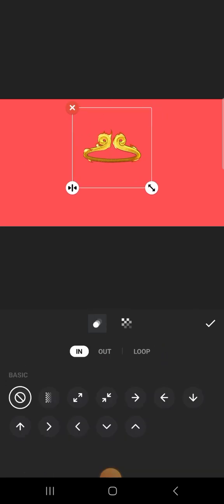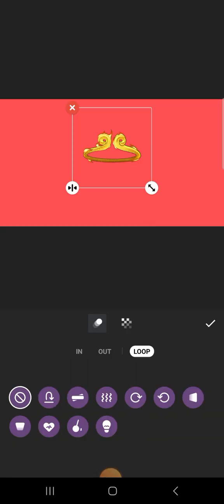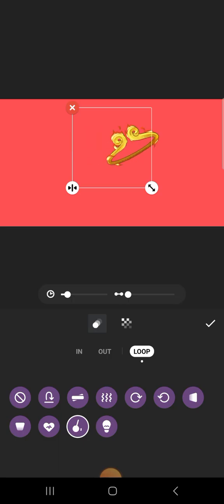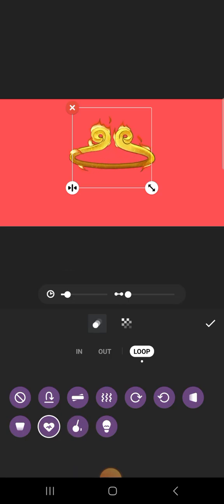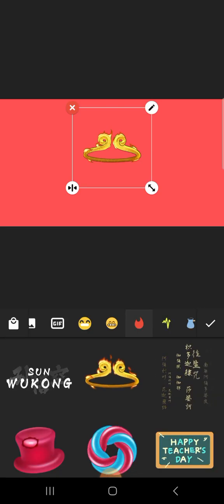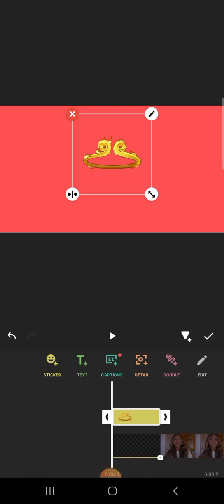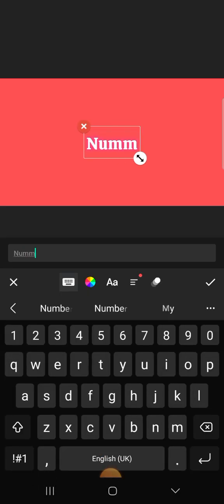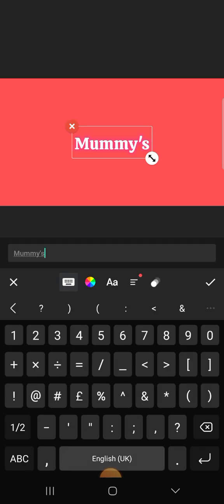So I want to put okay, don't worry, I'm just trying to show you things you can do with a blank. I've put a sticker and then I'll put mommy's